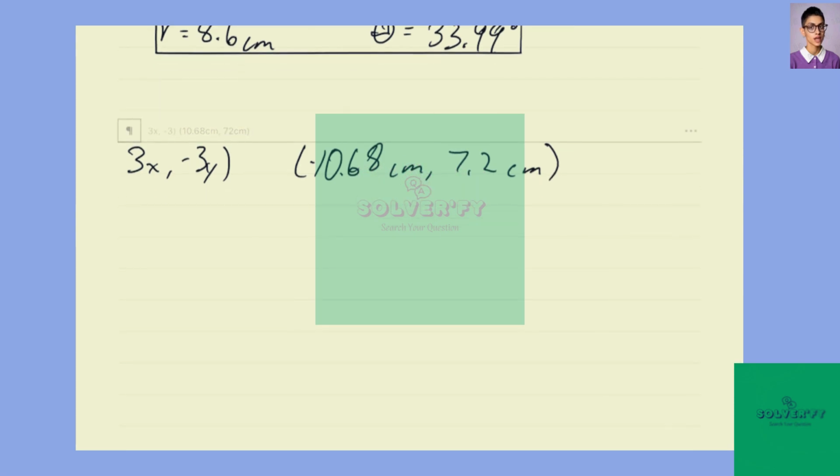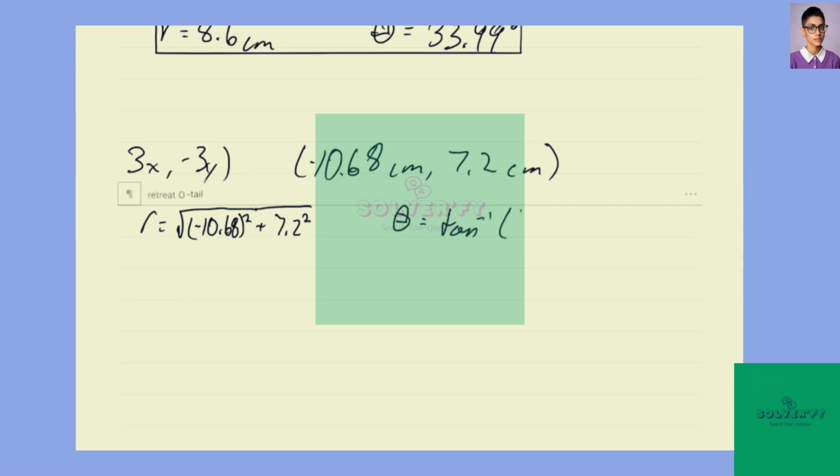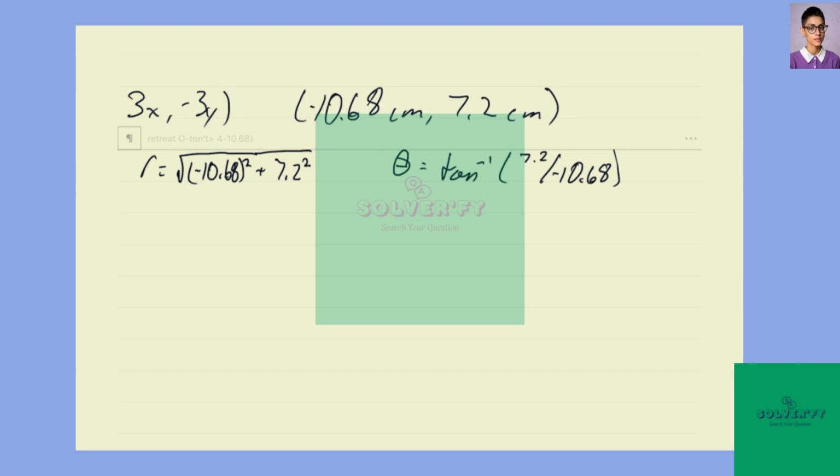Again, using the formulas above, we know that r equals the square root of negative 10.68 squared plus 7.2 squared. And theta equals the inverse tangent of 7.2 over negative 10.68. Now we know r equals 12.9 centimeters, and theta would equal negative